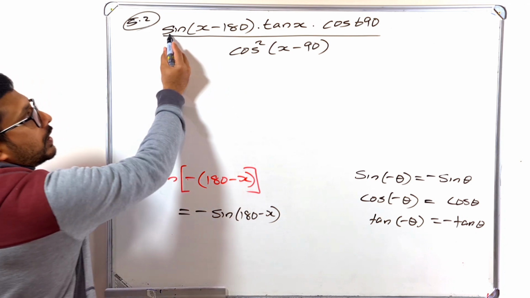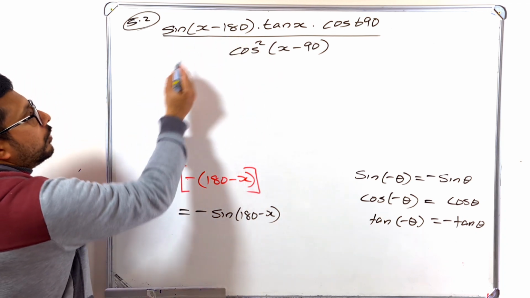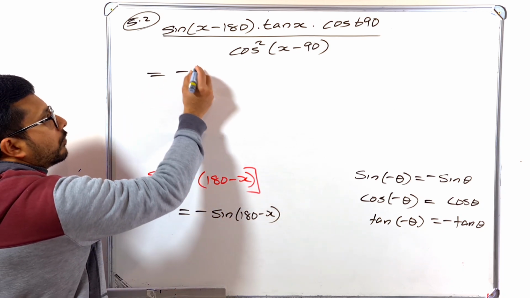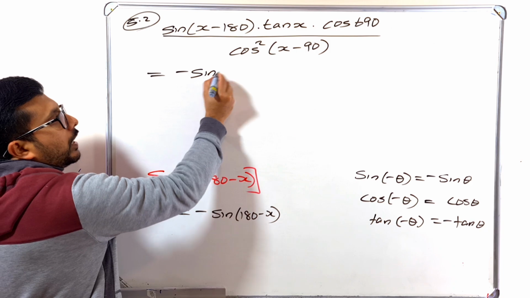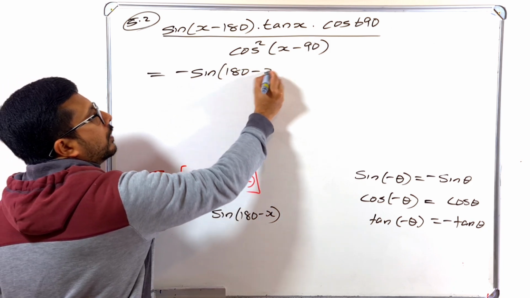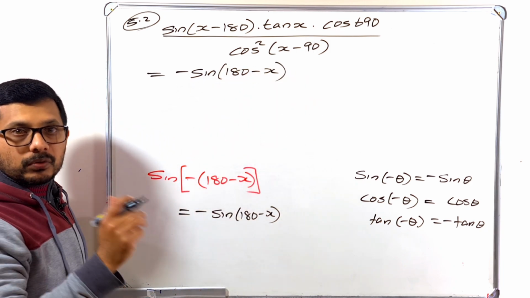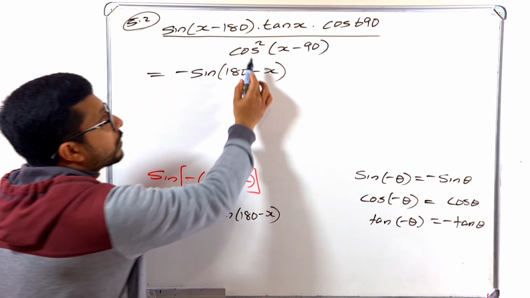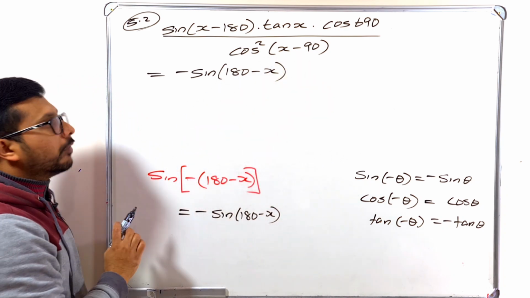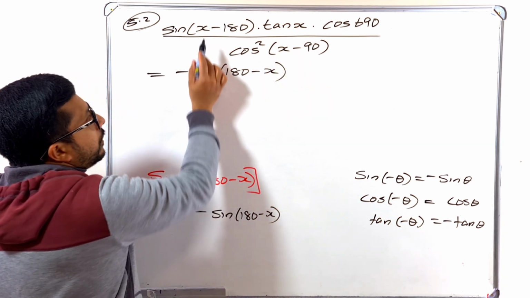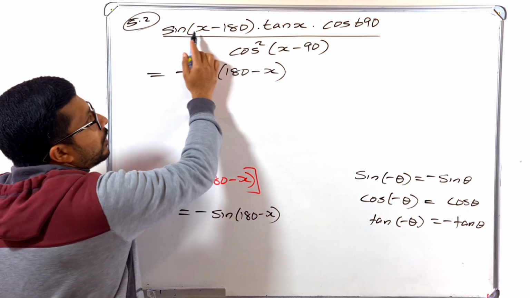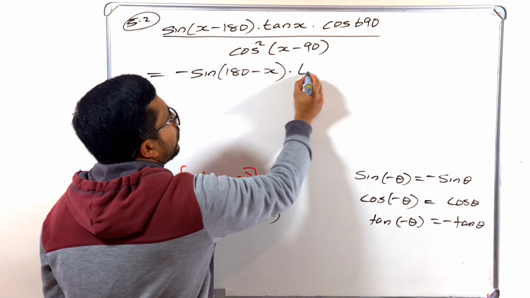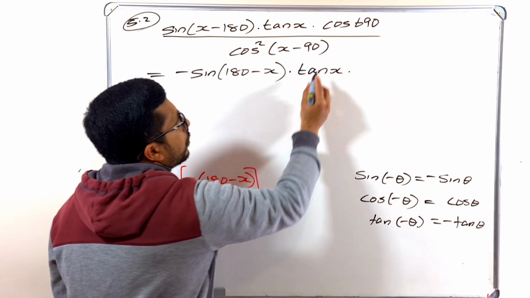So when you see sine of x minus 180, you can directly write, without writing any of these steps, there is no special mark for that, minus of sine of 180 minus x, only in the case of sine and tan. But when it is cos, don't write it like that, look at this one. I will explain at that time. So when it is sine, we can write minus of sine of 180 minus x, then into tan x into cos of